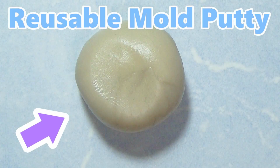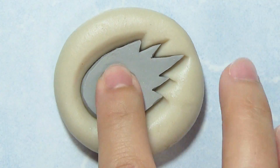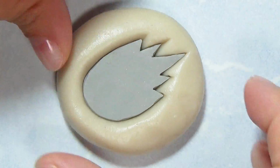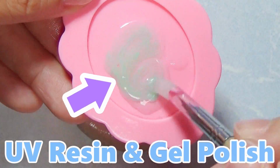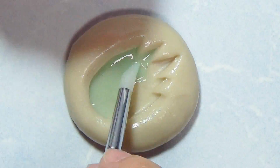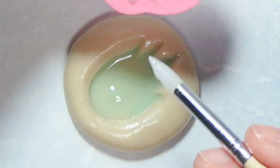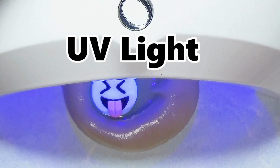So I'm going to get my reusable mold putty, which is pretty amazing because I can use it as much as I want. I'm going to put this inside of it after I baked the little figure and let it dry. I should have waited a little bit longer, but I'm going to mix UV resin and gel polish, and I put it on the base, which I should have cured. I didn't put it under the UV light. I should have put it in the UV light first and then put the face on top of it, but I decided to do it this way and then cure it,